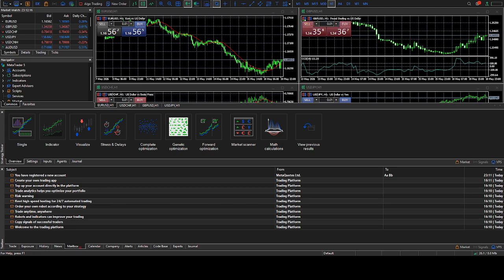Welcome to this tutorial on how to backtest in MetaTrader 5. In this video, we will walk you through the process step by step, enabling you to test your trading strategies against historical data. Backtesting is an essential part of developing a successful trading system, and using MetaTrader 5 makes this